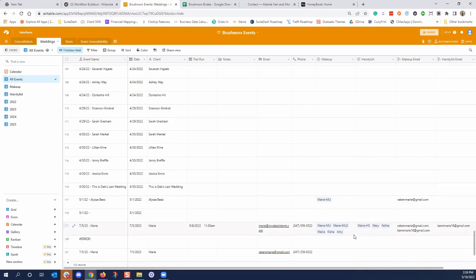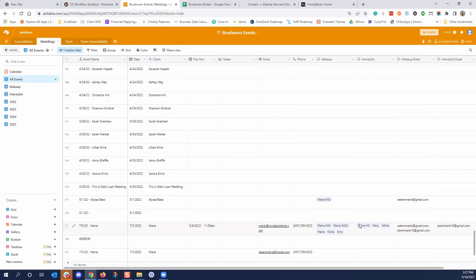Now, this is the tricky thing about Airtable, because what it's doing is pulling in the information from this team field. What I wanted to do is send one email instead of sending multiple emails. So the thing that would happen is that once I add one person, it's going to send an email to that person. But then once I add a second person, it's going to send an email to that person plus the other person. That's annoying. So what I'm trying to make sure I can do, I've actually reached out to the support team, is that each individual person that's added will get an individual email.